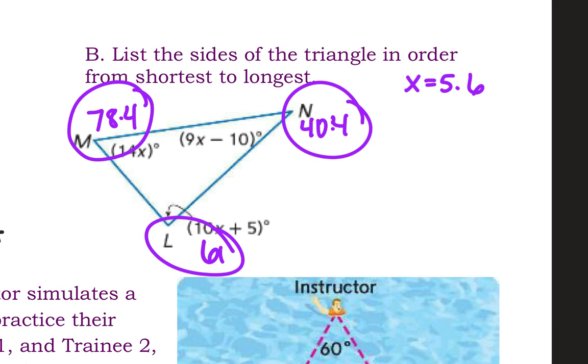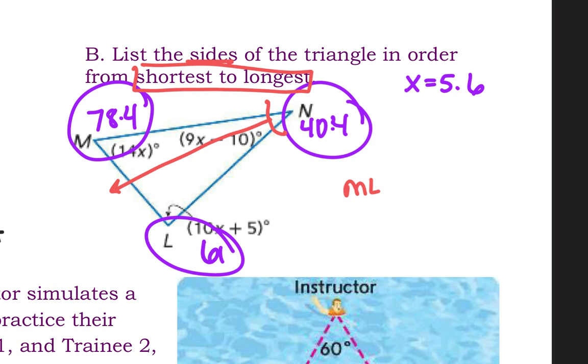All right, so we're listing the sides in order from shortest to longest. Noah, list me the sides in order from shortest to longest. So if this is your smallest angle, what's your shortest side? M to L, followed by